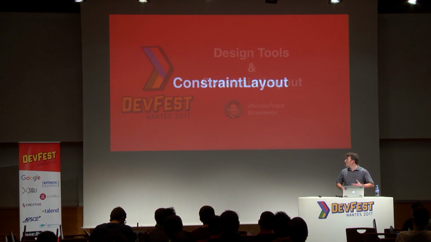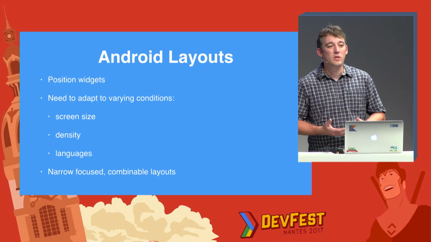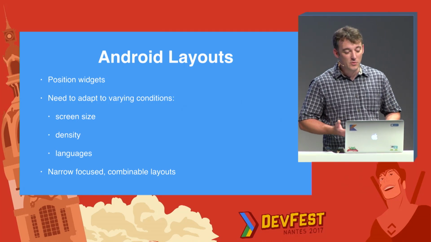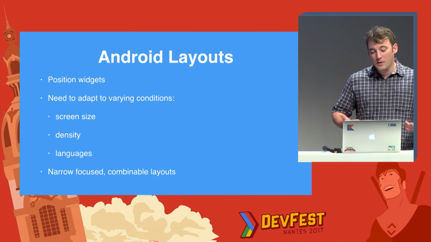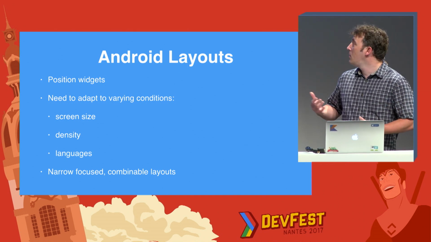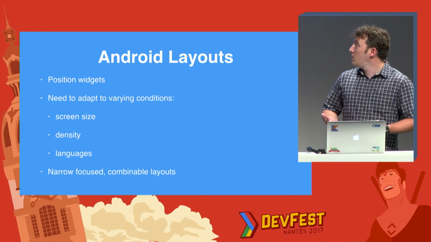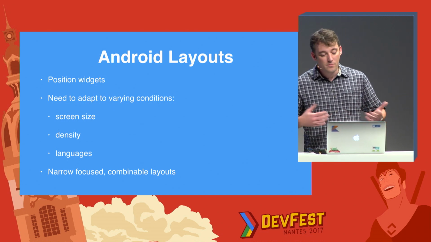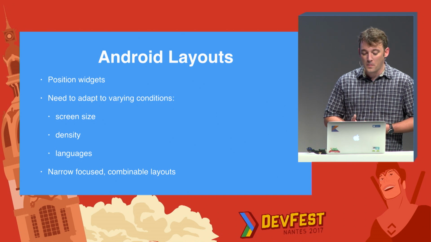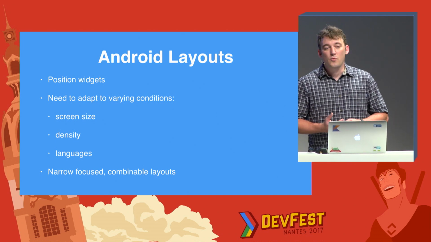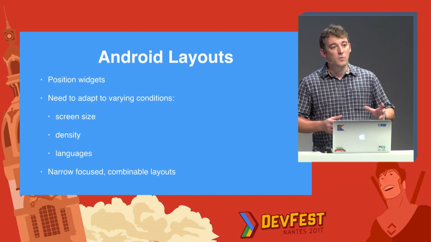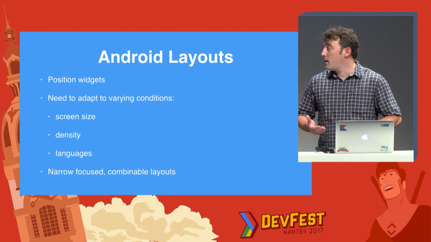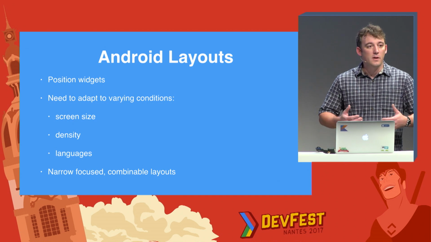All right, so let me just talk a little bit about constraint layout. And first, about Android layouts in general. So what is it that we want to do with layouts? Easy, we just want to move stuff on screen and position them where we want them to be. The difficulty, well, it's Android, right? It can be anywhere, so you need to have some kind of method that will work, whatever your screen size, language, the density of the screen, and etc. And traditionally, Android layouts are pretty focused into what they do, and you manage to do your layouts by combining them, nesting them, and coming up with your final screen.